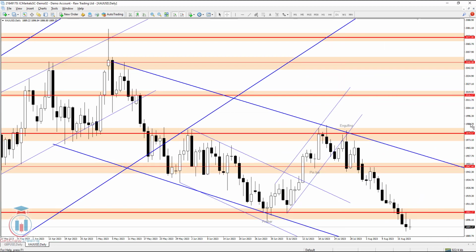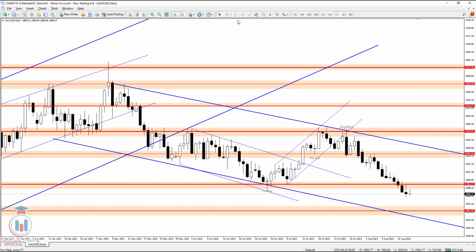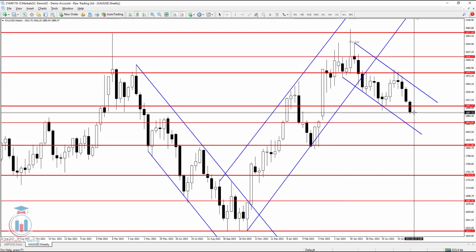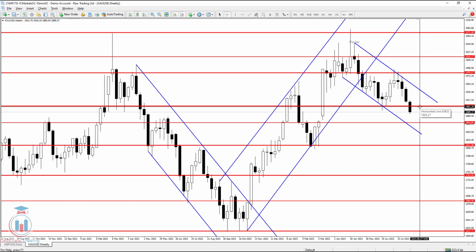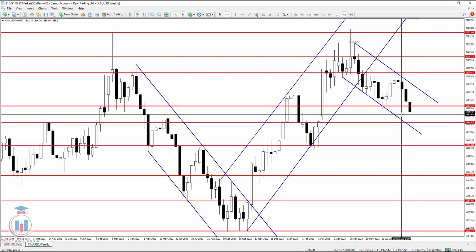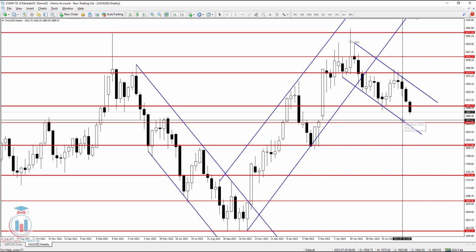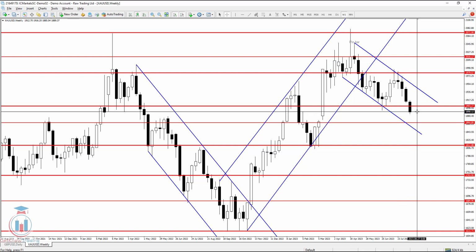Even though we can see it here, on the daily time frame, after the price has made a breakout to the downside, the price reversed back up and is retesting this previous support, now acting as a resistance. But we also need to see on the weekly time frame where the price should go and make a retest. It is not a rule that the price needs to follow, but there is a high probability that the price will do that. So there is a probability that the price could move down to 1880 or 1870 and then make a retrace to the first resistance, and that could be around this one here,